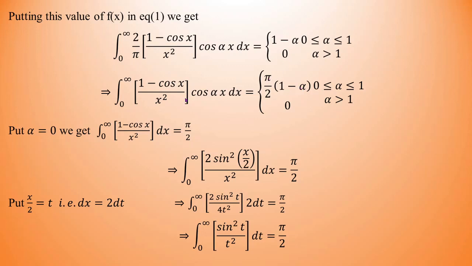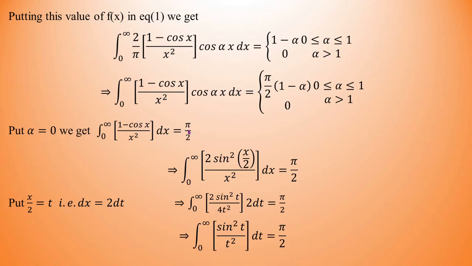Now what we want is sine square t, so I'll have to make it so that only the term in x square is there. That is this one. I don't want this term. So what we will do is put alpha is equal to 0. This alpha is equal to 0 falls in the first range. At that time, what is the value of the integral? This one. So we have pi by 2 times 1 minus 0, so that is pi by 2.